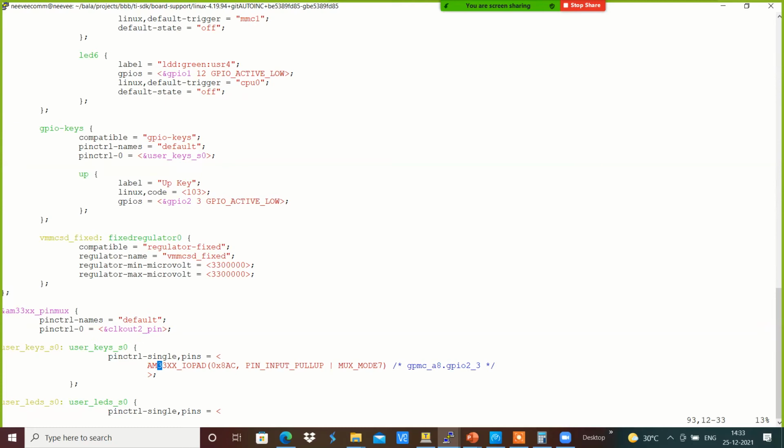AM335X IO pad over here, and 8AC, which has been updated, GPIO 2.